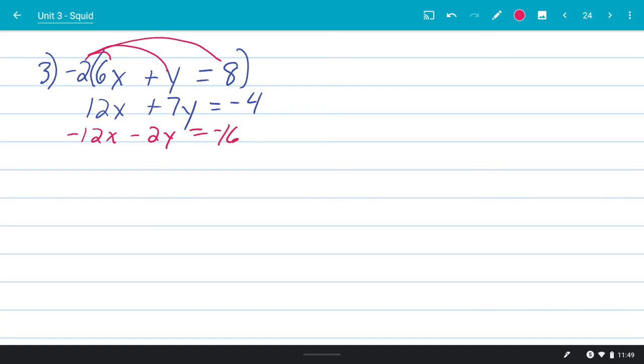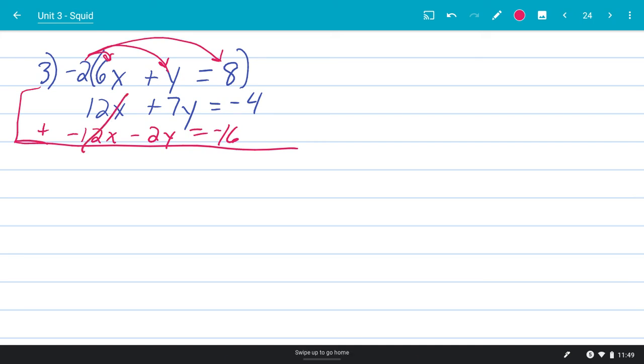Now that's one of the areas that a lot of people miss. A lot of people forget that you have to multiply that negative 2 on both sides. It's everything in the equation to get an equivalent one. Now, looking at these two equations, I can now use my addition method to eliminate my x variables because